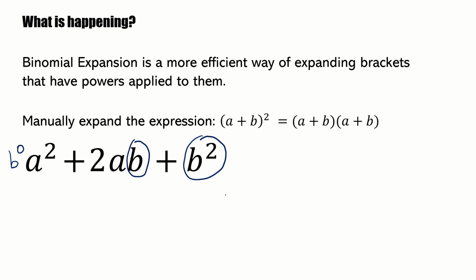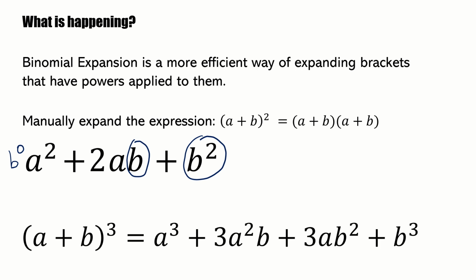So what you'll notice is we've got this sort of seesaw effect going on where one of the terms' powers is decreasing while the other term's power increases. But is this a coincidence that's just happening with (a + b)^2? Well, no. If you do (a + b)^3 and manually try to expand that out yourself,